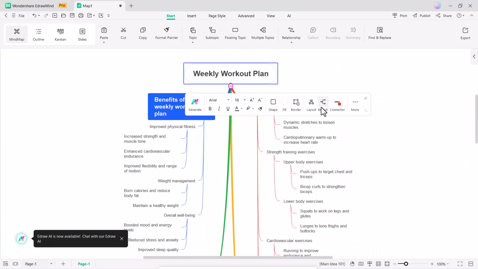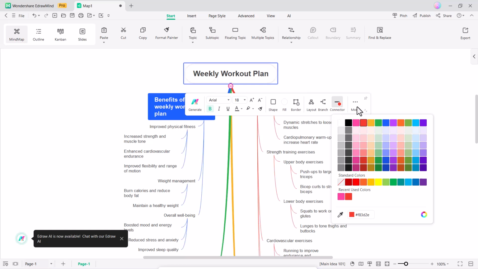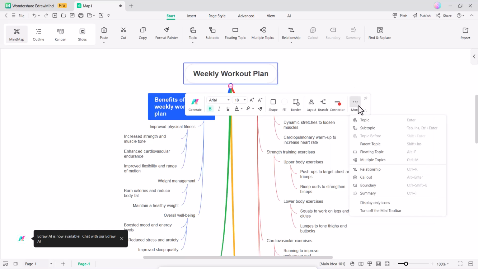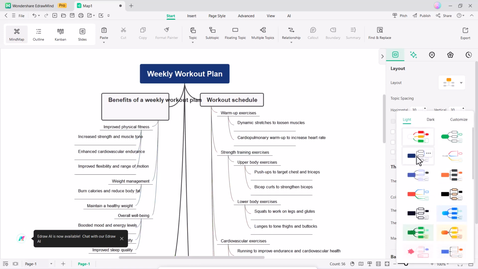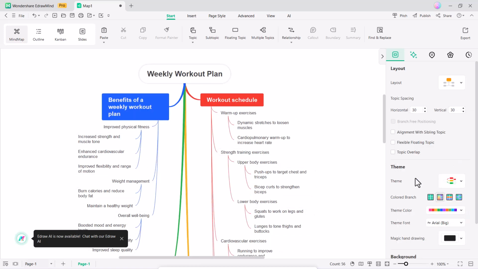You can change the branch and connector color, and also add topics and subtopics as needed. You can change the theme with various options available in both light and dark mode.